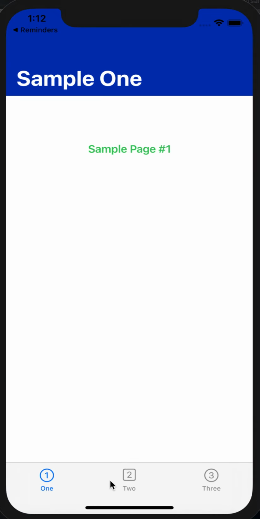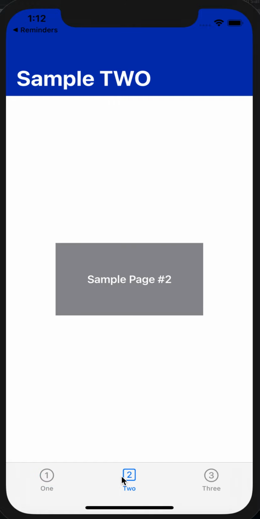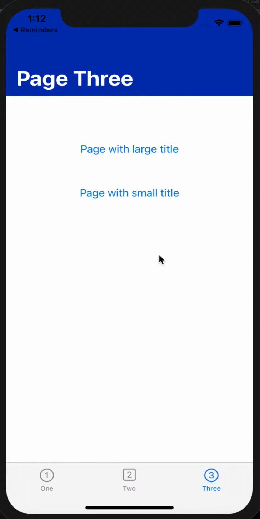So with the tab bar at the bottom, we've got 1, 2, and 3. So sample 1, sample 2. See these. Now when you're switching between tabs, it's just switching between tabs. There is no navigation. Sample 3. And so we got page 3 here, and when you go to the next page, this can either